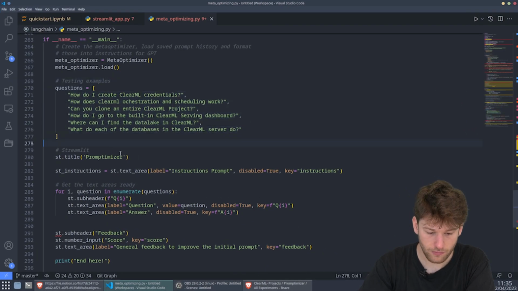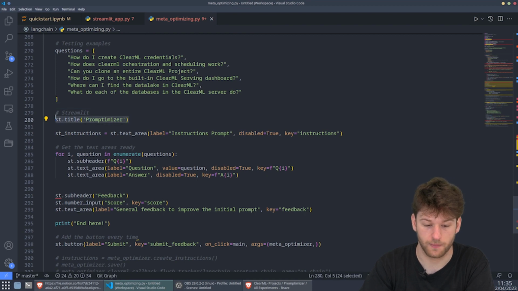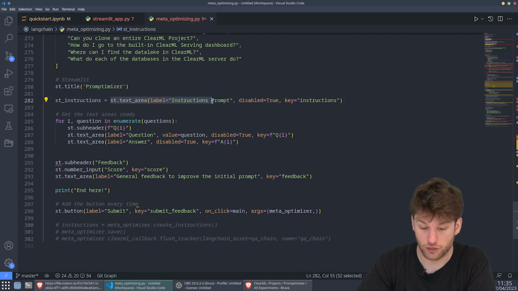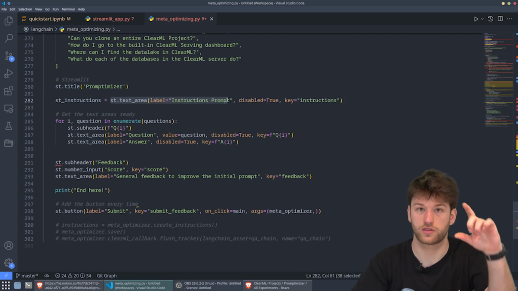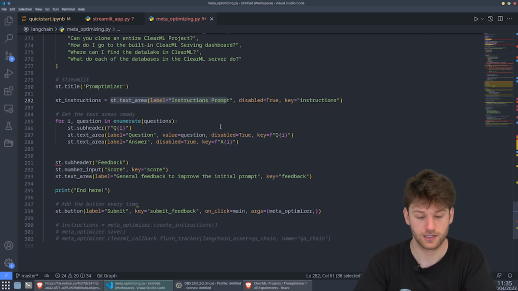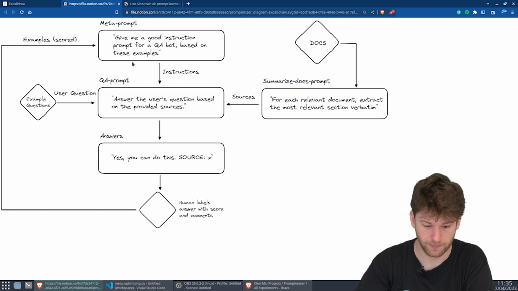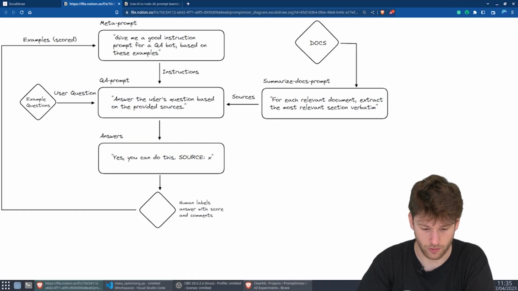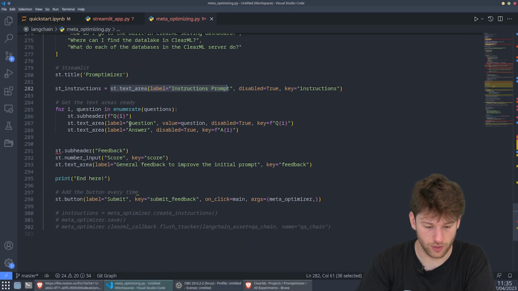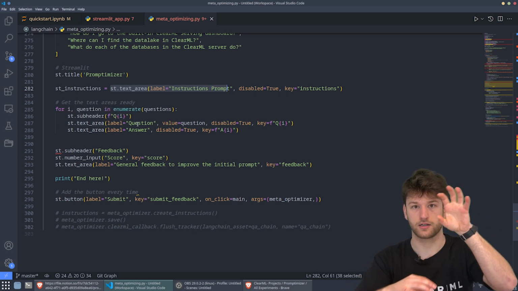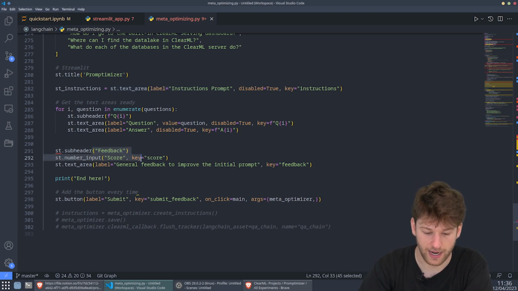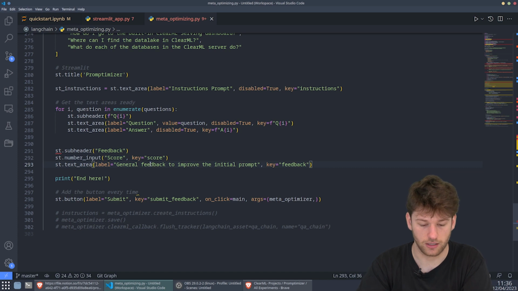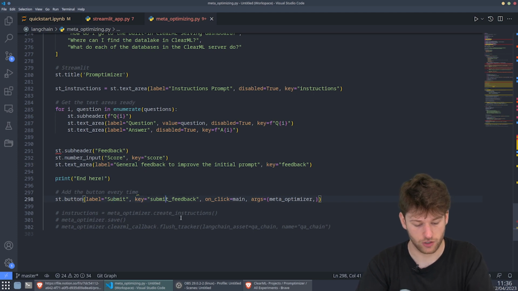So if I go back here, then using Streamlit, we're going to create our promptomizer, our title. We're going to set the instructions prompt, right? Because we always want to see what the current version of the instruction set prompt is. So this is going to be this prompt. And then, oh, no, not that prompt, sorry. It will be this prompt. These are the instructions, so it will be this one. And then for each of the questions in our example questions, we'll create a question answer example block, and then we'll allow the user some feedback and some score that they can fill in how they see fit. And then at the end, we also have our button, submit feedback. So if I run this,